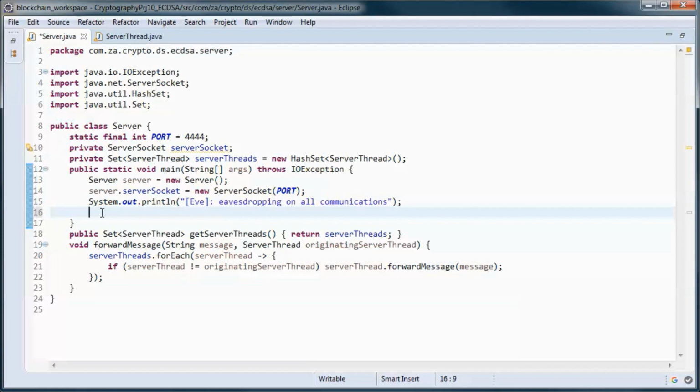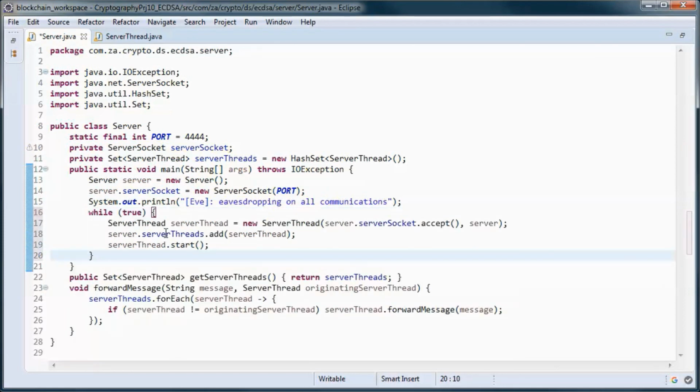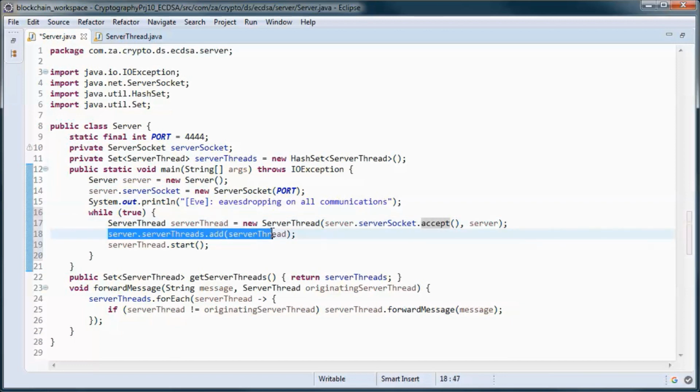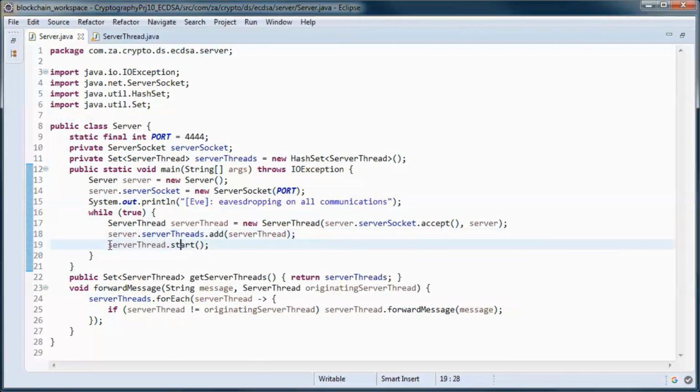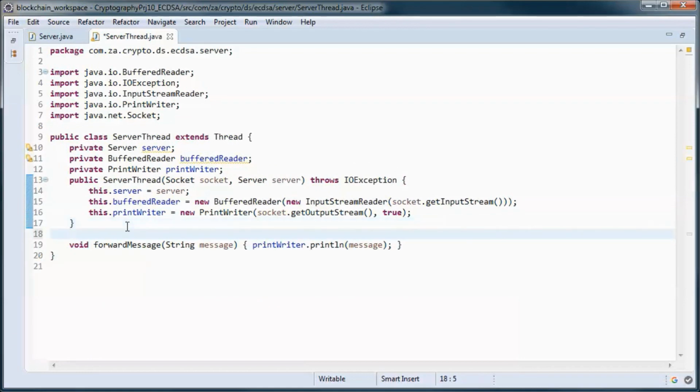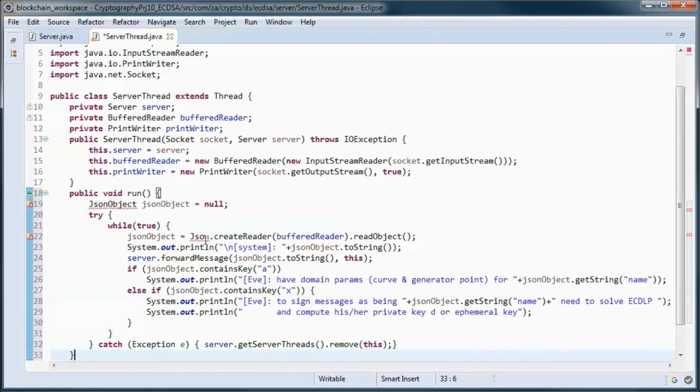And while this server is up, we will pick up or accept connections from clients and dedicate a server thread for each connection, and put that server thread in the set of server threads, and call the start method on the thread, which will end up triggering a call to this run method when the operating system decides to do so.